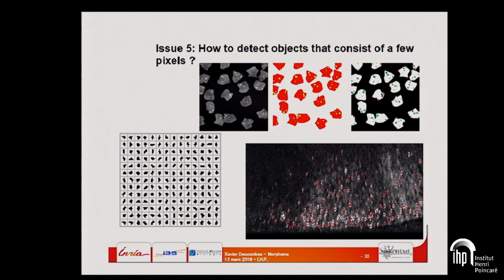And then when we sample the model, instead of sampling the mark, we can take some object inside this dictionary. Of course, this can be done only for small shapes, because then you have a complexity problem because of the number of shapes. But at least it means that in the case of small spots, we can have a good detection even if you cannot really define the proper geometry, because it's too small with respect to the resolution.